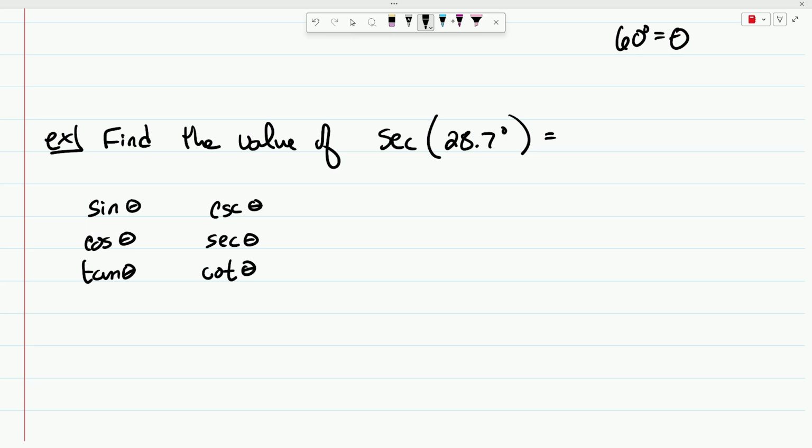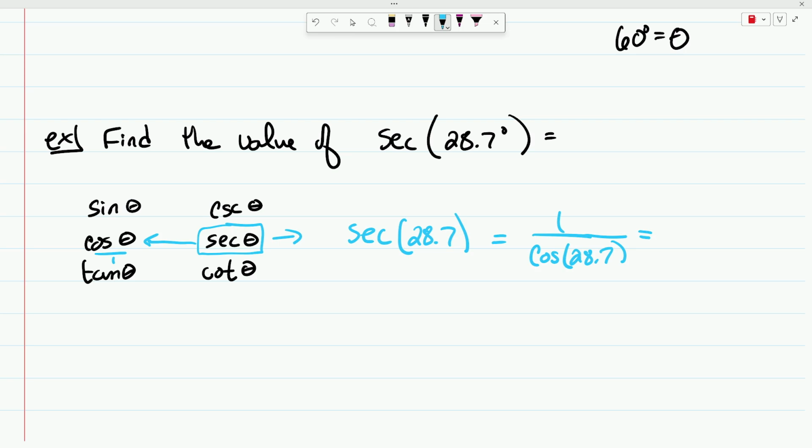So for us, we are starting with secant theta. We want to get back to this. So what we're going to do is write secant theta, or secant of 28.7, is equal to, now remember, secant is the reciprocal of cosine theta. Well, cosine theta would be over 1. So the secant would be the reciprocal of that. So this would be 1 over the cosine